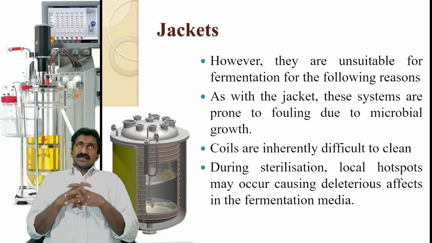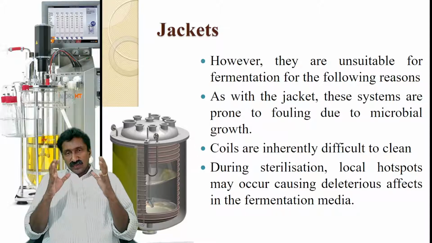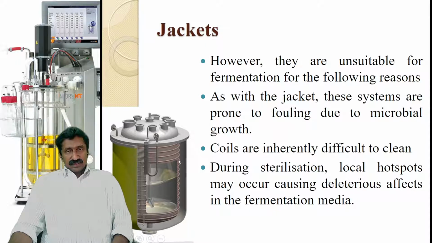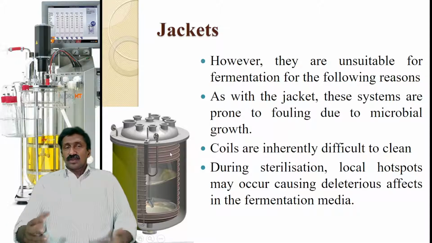So the concept is, say, if you have a uniform heat distribution, like here, if you are filling the entire external jacket with cold water, the transfer will occur uniformly through these walls. But if you are providing such pipes, there will be localized regions. The region that is directly in contact with the pipe will have a better heat transfer, whereas in the areas where there is no pipe, say this area, the heat transfer efficiency will not be there.